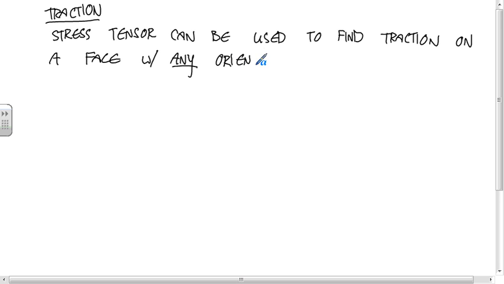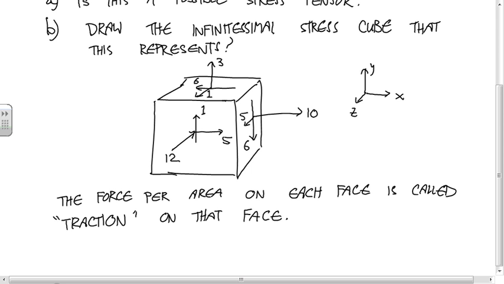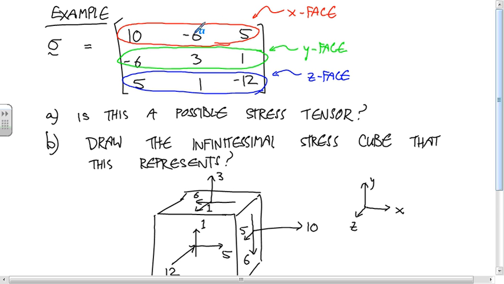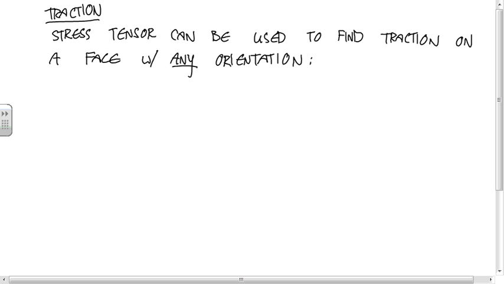So notice that directly what this stress tensor tells us is the traction on a face normal to the x-axis, the traction on a face normal to the y-axis, and a traction on a face normal to the z-axis. But we can also use it for faces that aren't at those orthogonal orientations. And the way you do that is